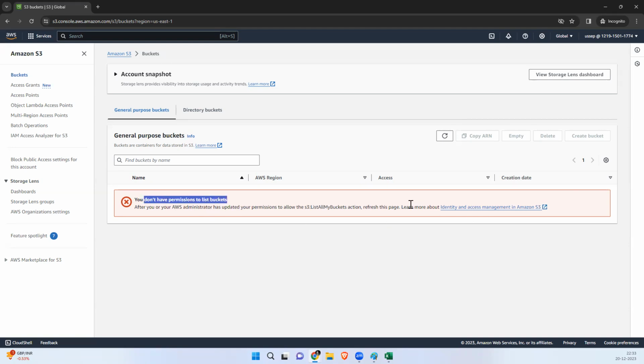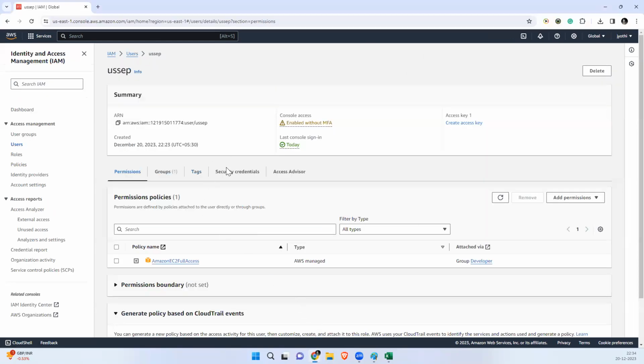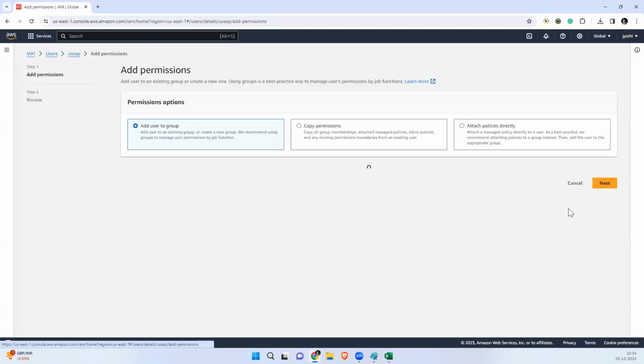Because of the identity access management, you gave only Amazon EC2 full access. Apart from this, you don't have permission to access that service.